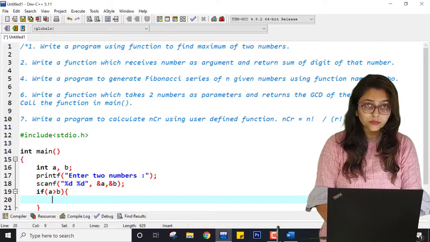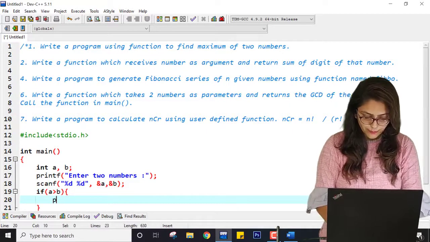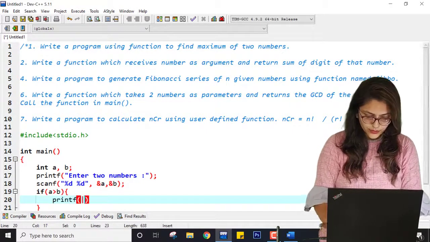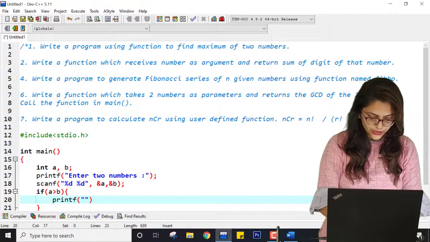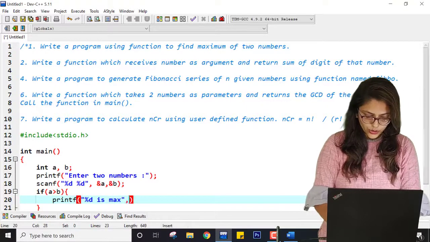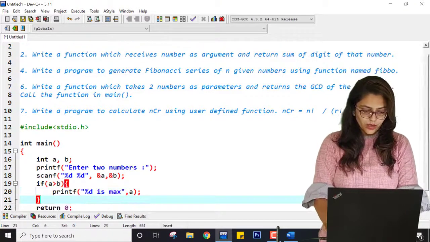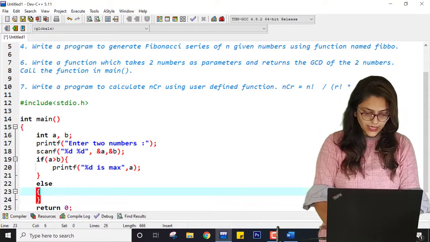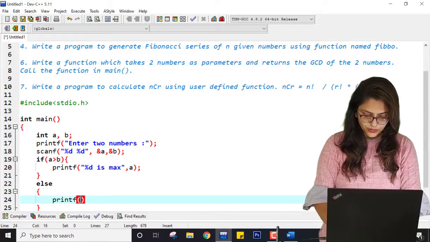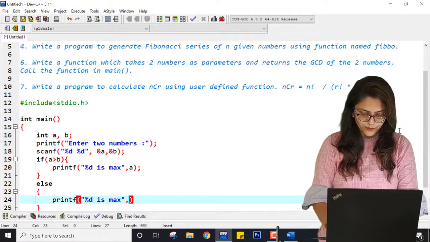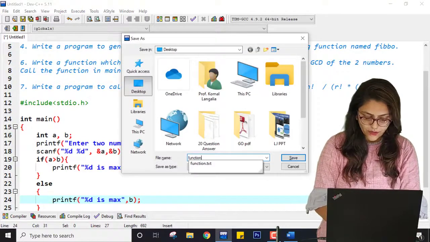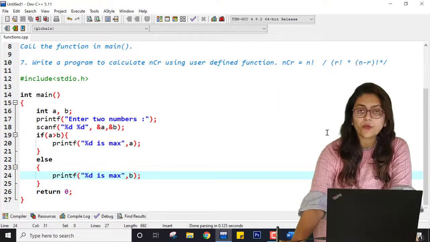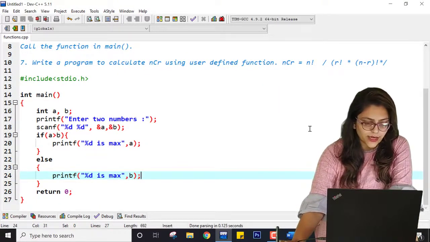Then what can I write? printf, %d is max, and here it will be a. Otherwise, in else, I am writing printf, %d is max, that is b, right? I am not considering the concept of equal to over here. I hope you guys are understanding that.